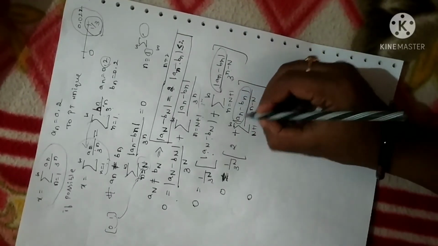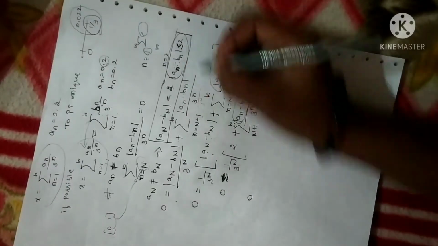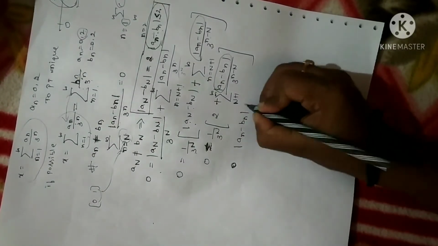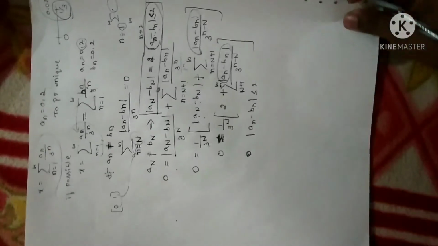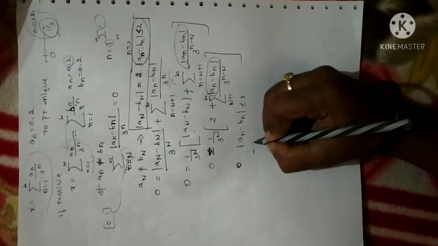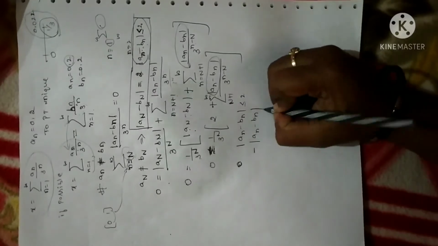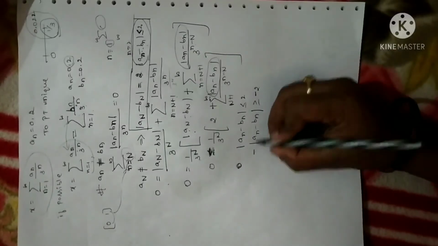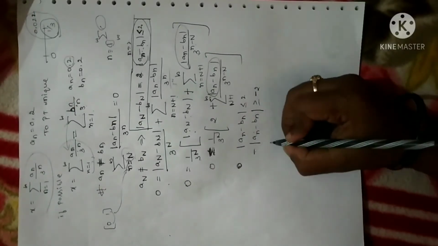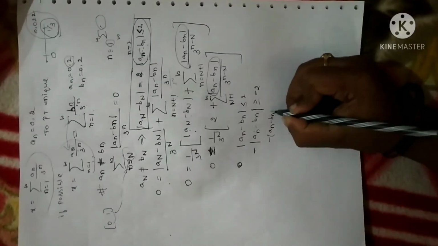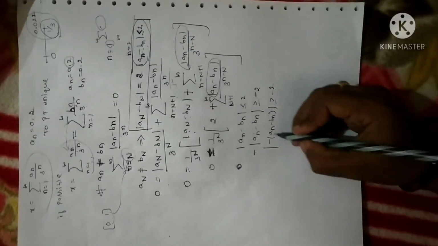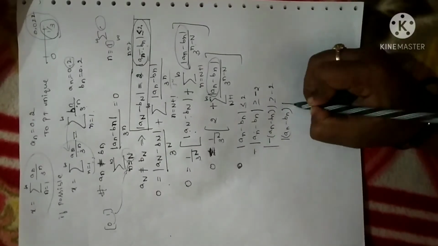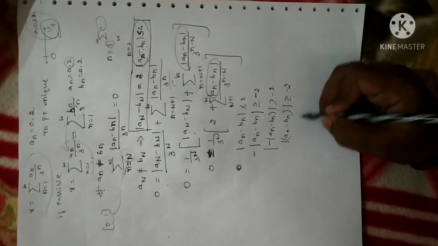Now, what I'm doing is an minus bn. I have to use this expression. What is the expression I have? I write once again: an minus bn is less than or equal to 2. Now, you are familiar with linear inequalities. I'll multiply it with a minus sign. When you multiply it with a minus sign, you will get the reverse inequality. And since you have magnitude inside, let me take the minus inside. Fine. So, magnitude I have. Let me take the positive sign for this. I can rewrite like this.